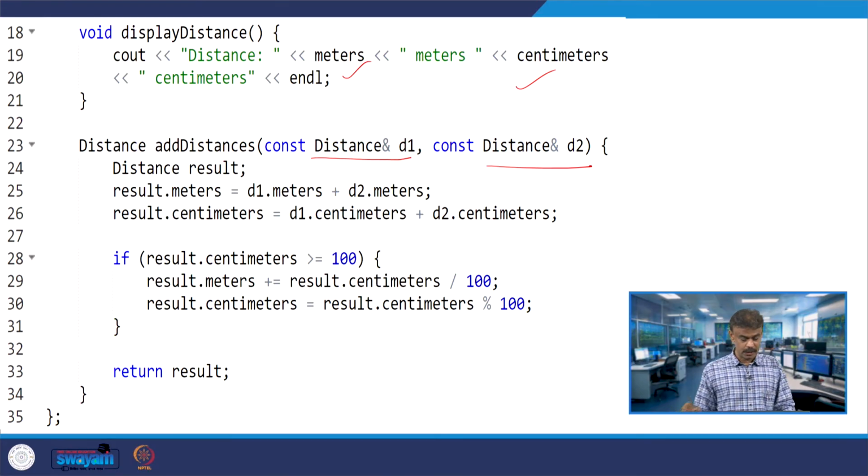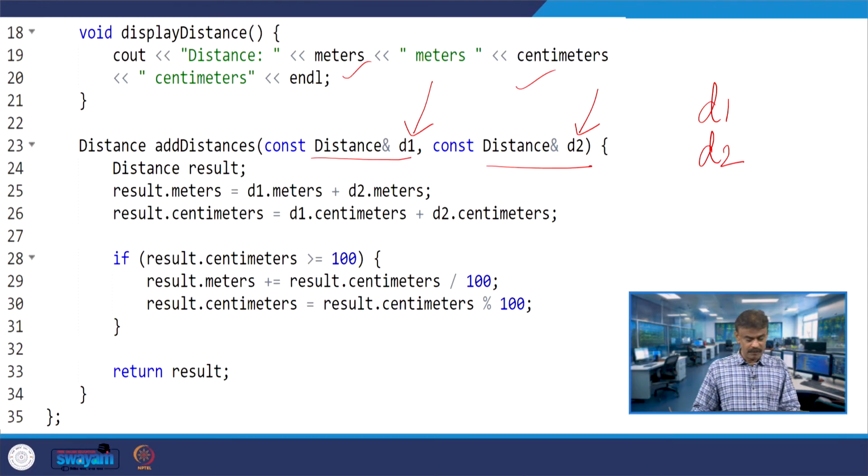You have two distances D1 and D2, and the references will be passed. When I try to print, let us say, cout D1, it will print the address of D1, and when I put cout D2, that is nothing but the address of D2.